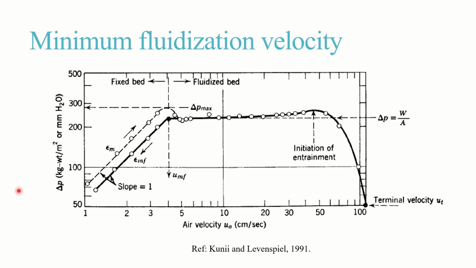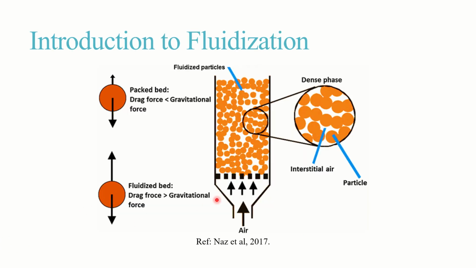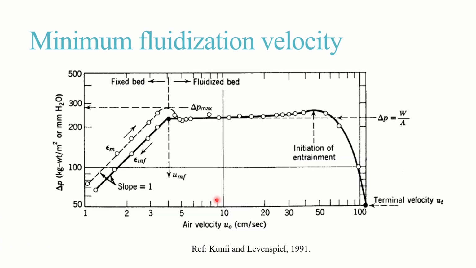So in the previous slide we were discussing the air velocity, that is the fluid velocity which we are passing inside the bed. With increase in the fluid velocity, how is the pressure drop varying and what is the minimum fluidization velocity? So what happens is that when we are passing the fluid inside the bed,